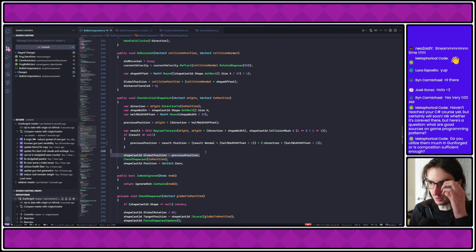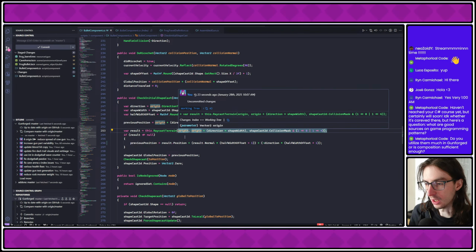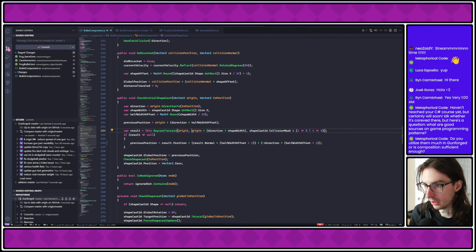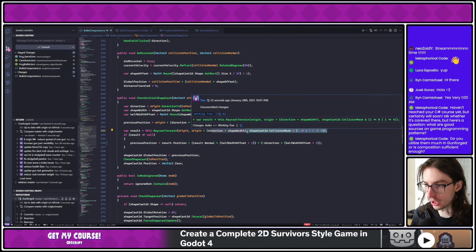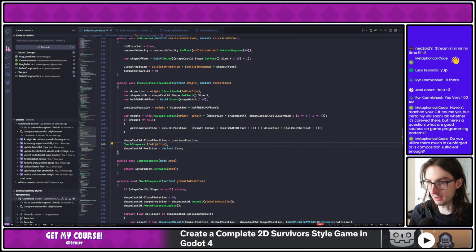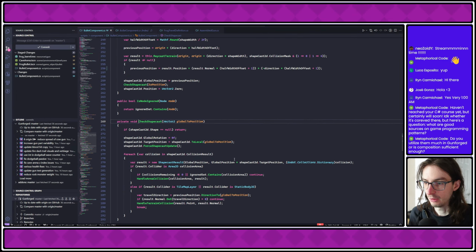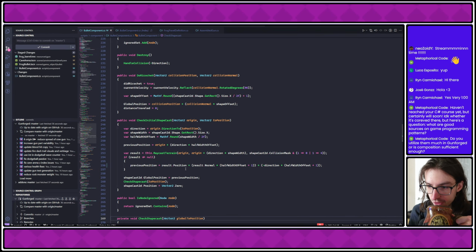I'm not going to get too deep into that. But then I do a raycast from that gun position that I was mentioning earlier to the position that this shape is going to be at, or actually this is the very edge of this shape. And I see if there's any terrain in between this point and this point. And if so, I adjust the position of that initial shape cast down here before I go into check shape cast. So that all works great, but now I need to add another condition, which is,